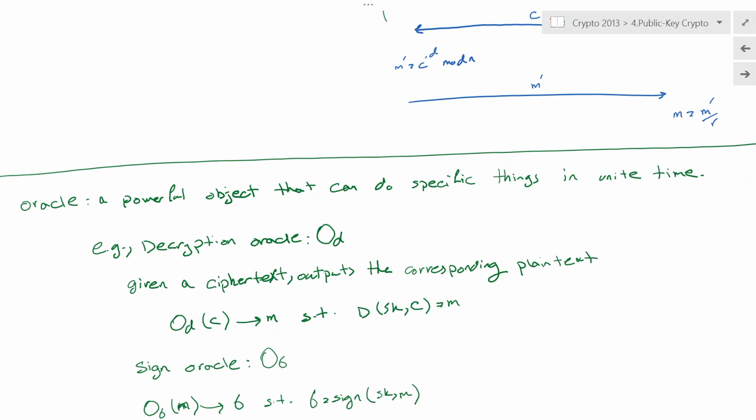For example, we showed you a decryption Oracle, just like in this example, where when you send the ciphertext, you are able to get the decrypted message. And sometimes we also talk about a signing Oracle. With a signing Oracle, whatever message we send, the Oracle would help us get the signature for it. Sometimes we call it a hash Oracle. When you send a message, the Oracle would compute the hash of this message for us, and so on and so forth. There would be many different examples out there.